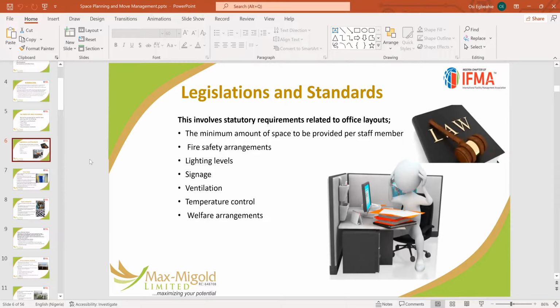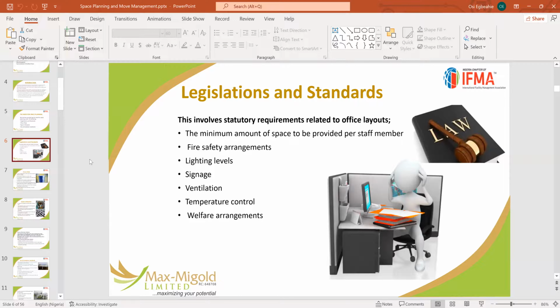Legislation and standards. There are some minimum requirements that are required for every space, be it office or residential. And when those things are not met, and you as a facility manager do not have the input to ensure that they are provided for at the minimum required standards, that means you will not advise that the building be inhabited by the client. However, from time to time, you can also advise the client on exactly what to do to ensure that minimum required standards are met. One of the things that we look at is the minimum amount of space to be